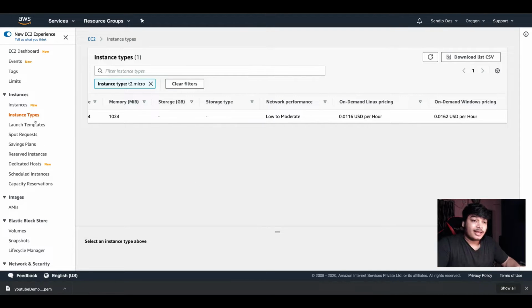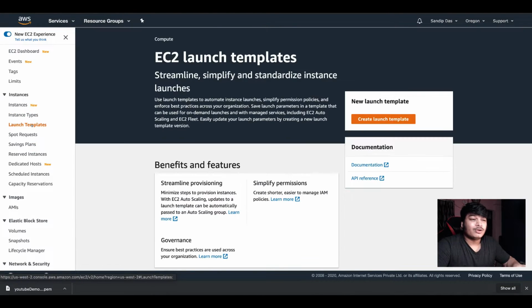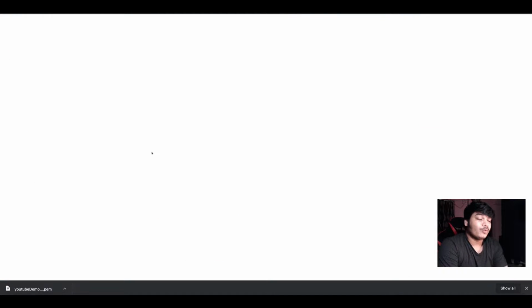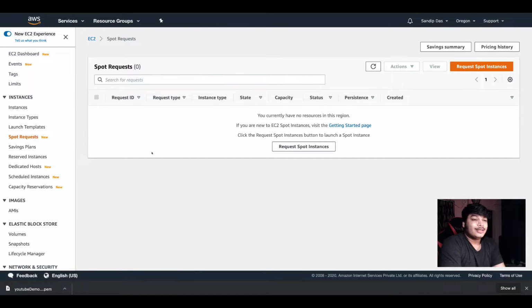Okay, and now the launch templates. I will not cover the launch templates today, but it is similar to the AMIs. You can run other instances like in auto scaling using these launch templates. Spot request. If you have never heard of Spot before, Spot is like unused resources by AWS, which are simply EC2 instances, but which are not getting used.